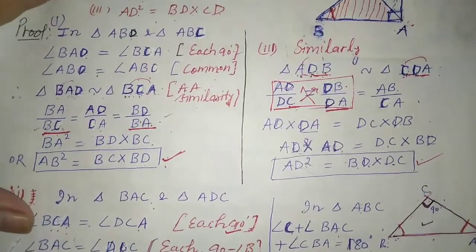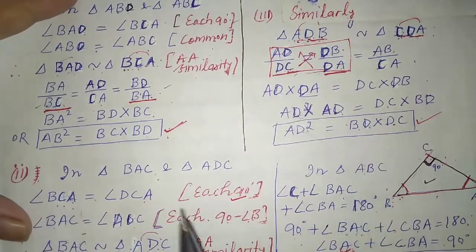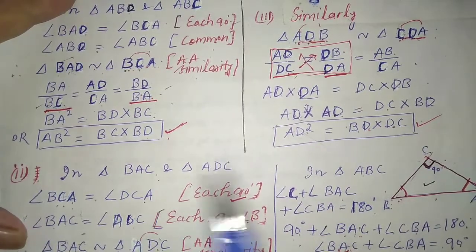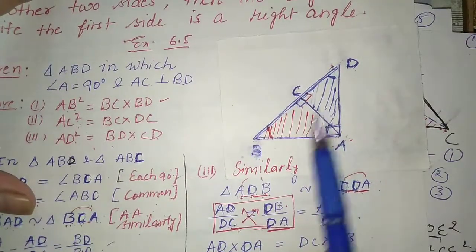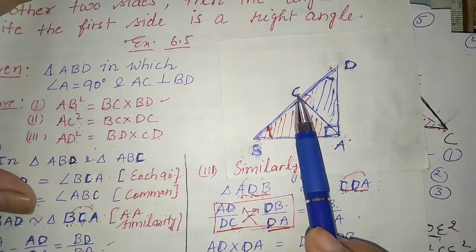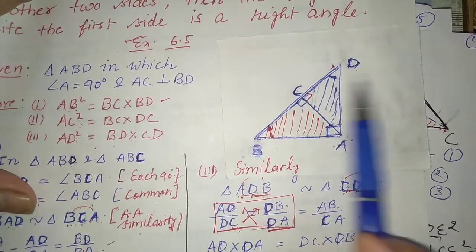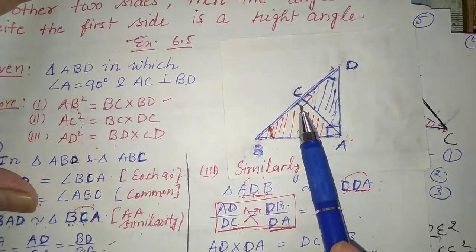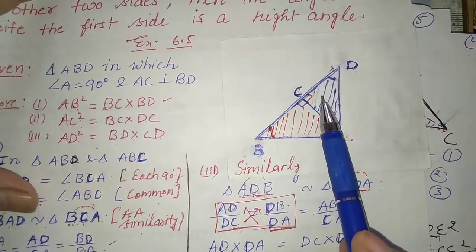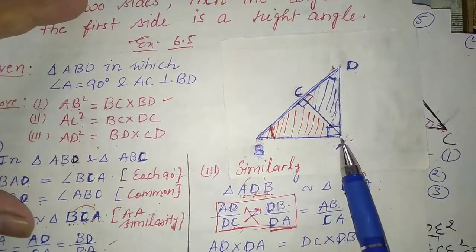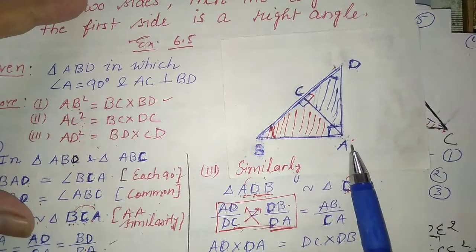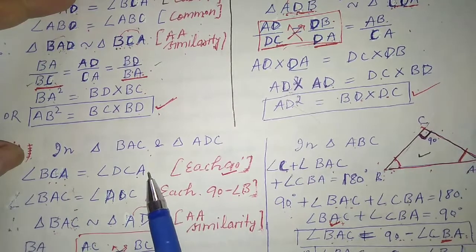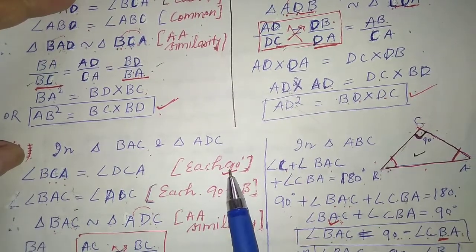Okay, just see this very carefully, because this is a little bit different. We have to find the second condition. So in triangles BAC and ADC, this time we will take these 2 separate triangles, triangle ABC and triangle ADC. These 2 we have taken. So we can say this angle C is 90 in both. So angle BCA and angle DCA are each 90. BCA is equal to DCA, each 90.